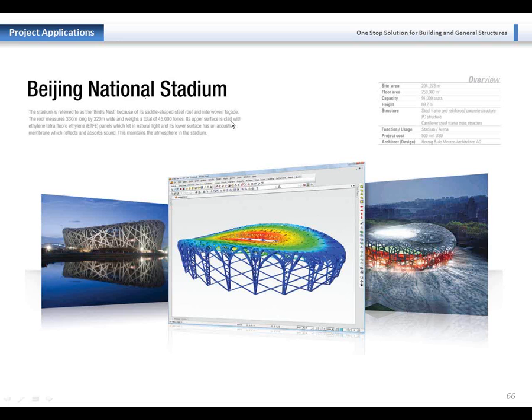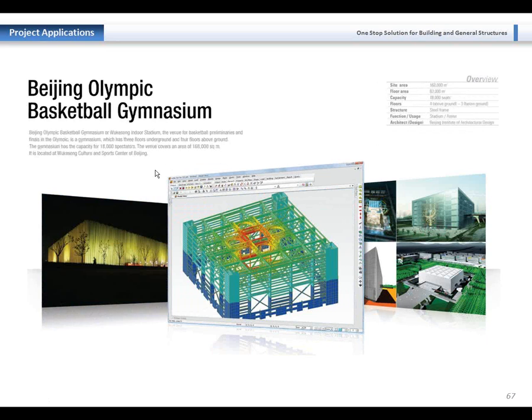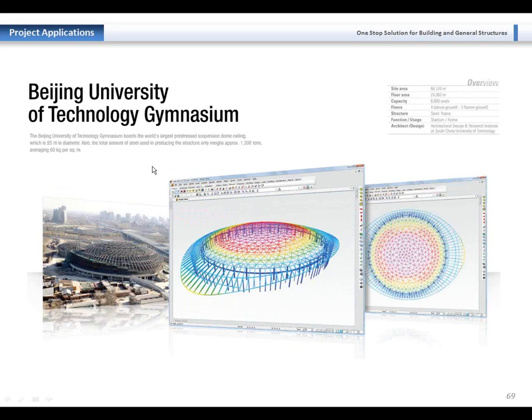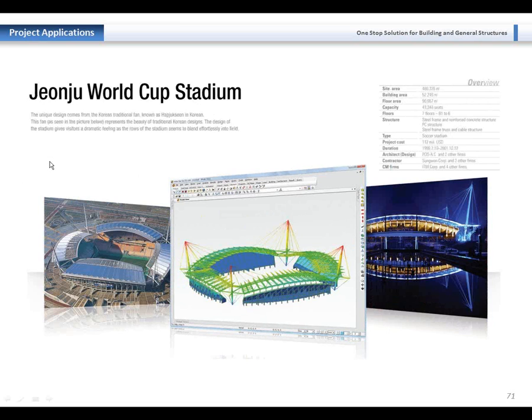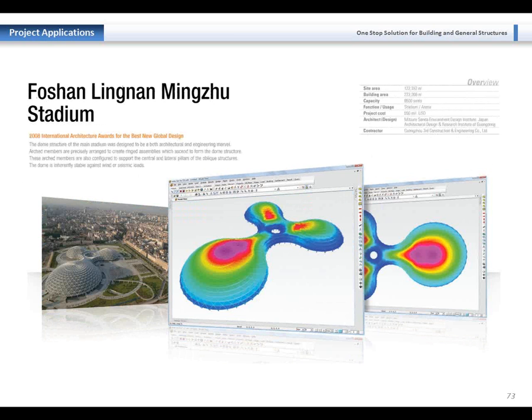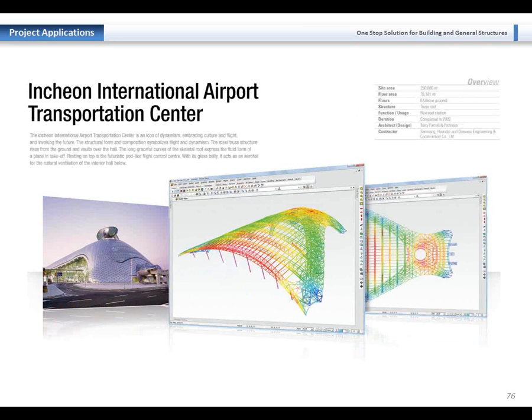Firstly, Beijing National Stadium, Beijing National Aquatic Center and Basketball Gymnasium, Beijing University, Seoul World Cup Stadium, Jeonju World Cup Stadium, and Incheon International Airport,